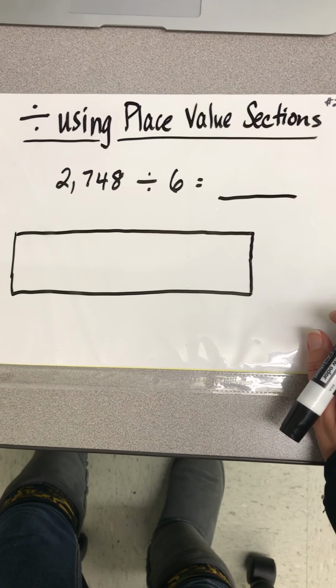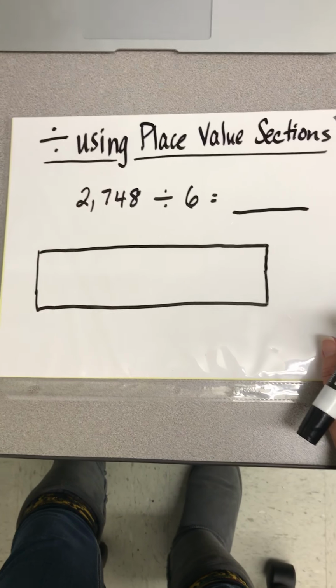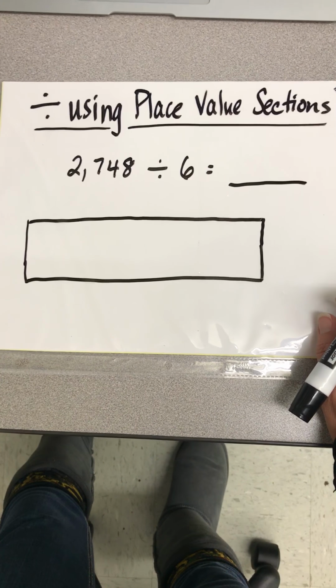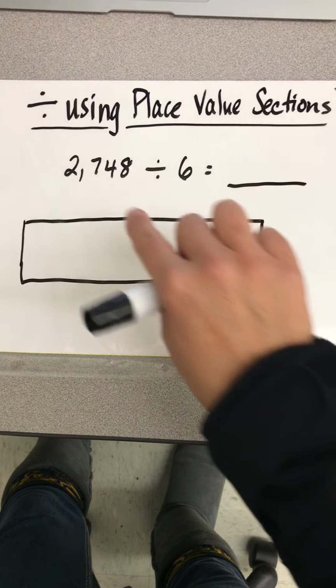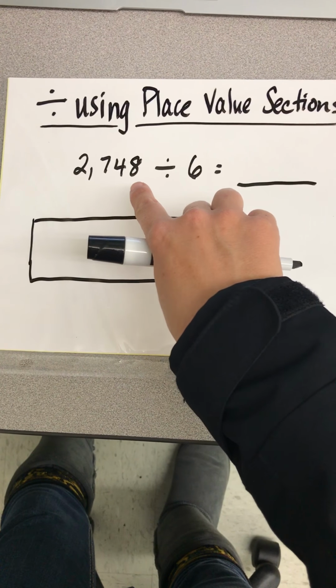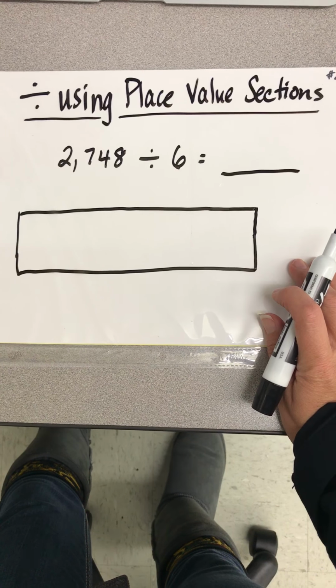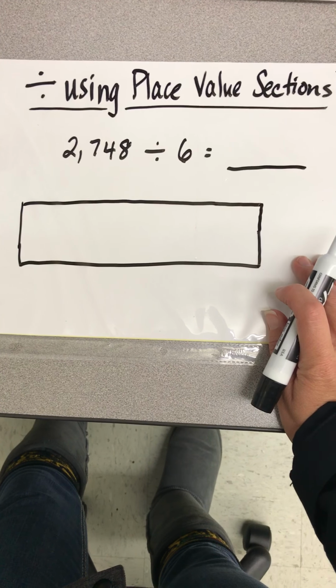Hi everyone! Today we are doing a long division video using one of the methods for long division called place value sections. We are going to divide 2,748 by 6. And this method you'll probably remember from the multiplication video because you can use this method for